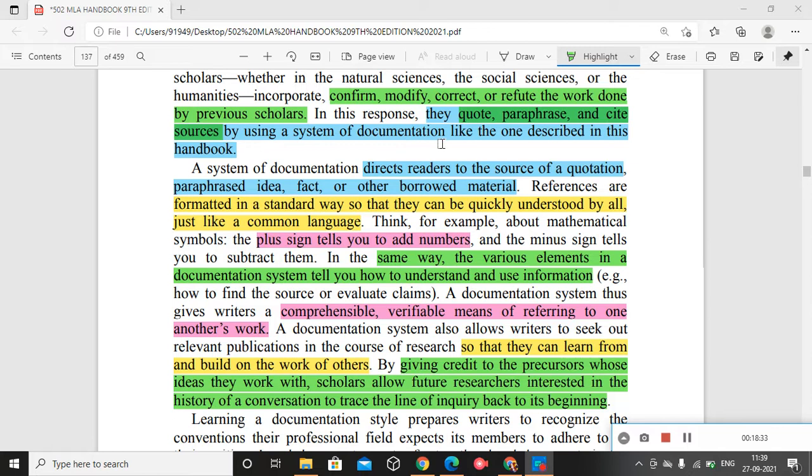So that if you give 15 as the page number for a particular quote, after a few years another scholar comes and checks your research paper, and goes and cross-checks the text that you mentioned here. The person should be able to locate that particular quote in the text that you have mentioned.